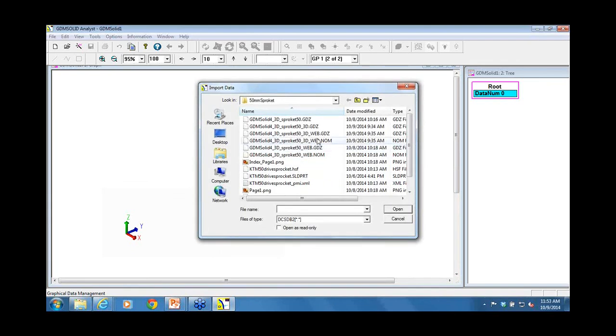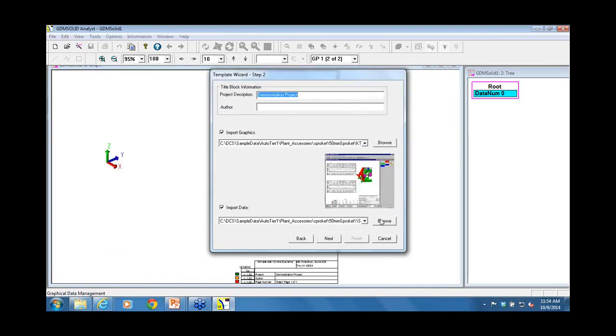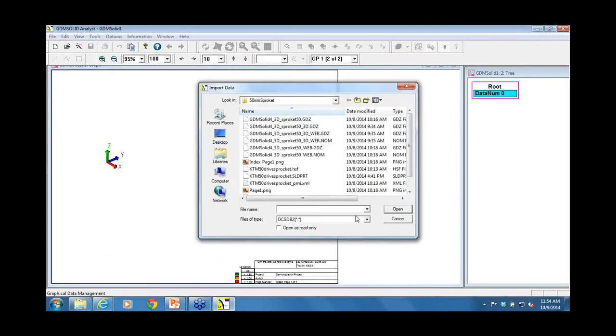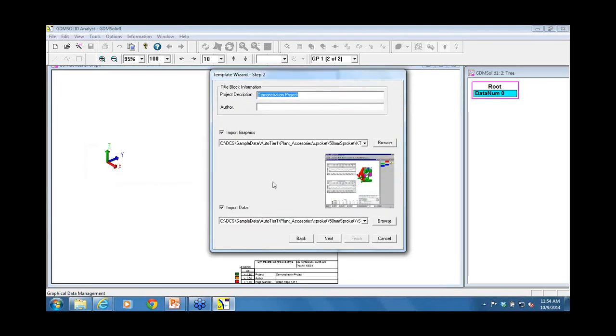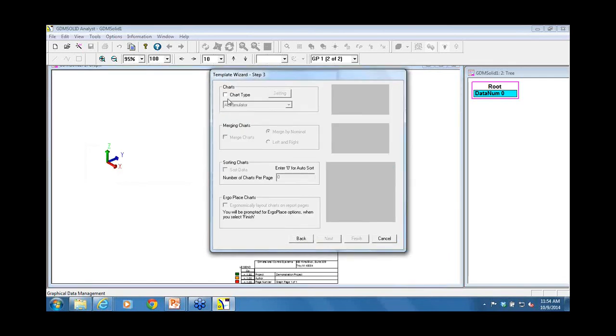Okay, so do that. Open. Use the right opening data. So it's just two inputs that I'm giving you, a CAD input and a data input,